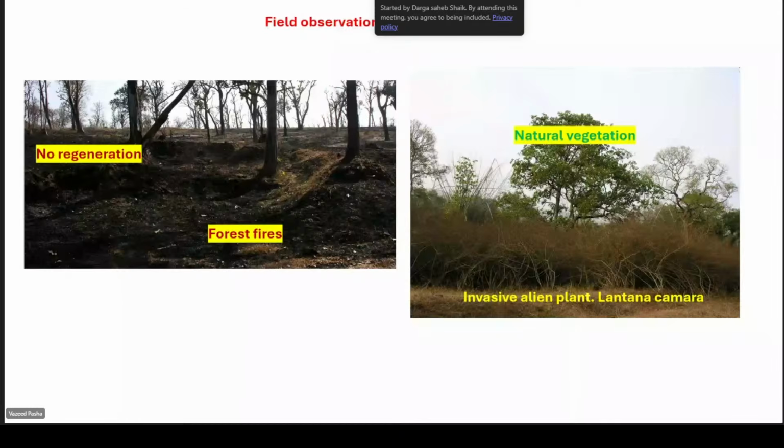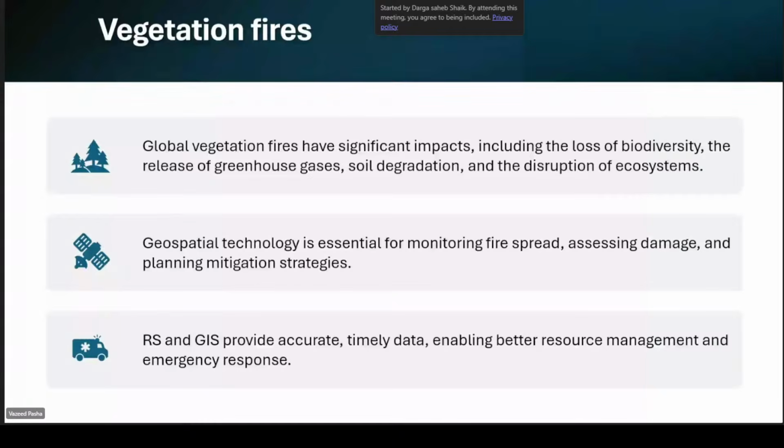In the second photograph you can see the natural vegetation on the top, and the entire ground flora is invaded by Lantana camara. Vegetation fires are a very important global concern because they cause the loss of biodiversity.